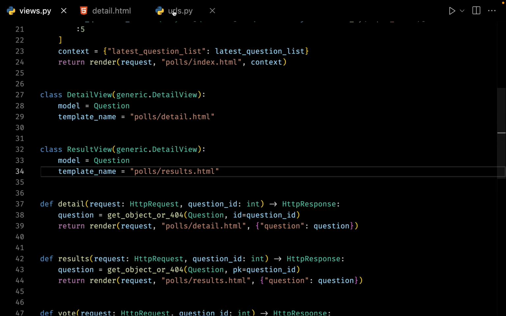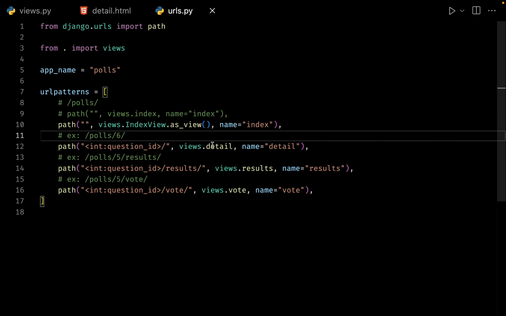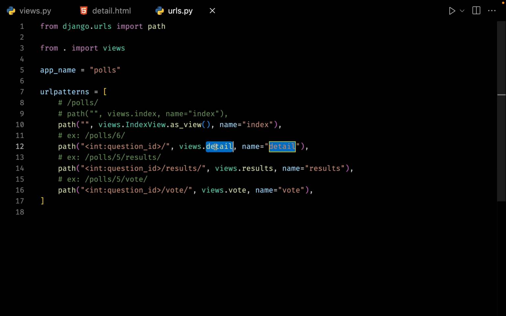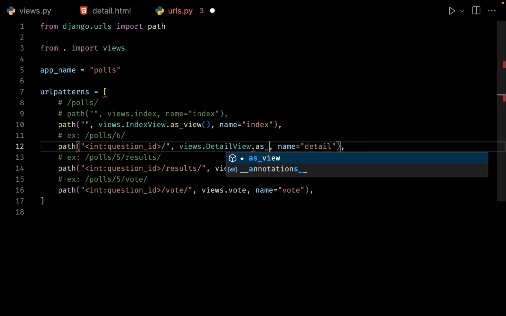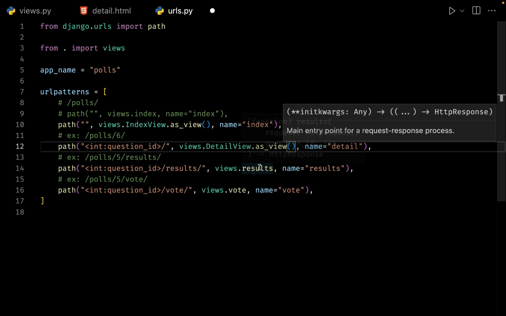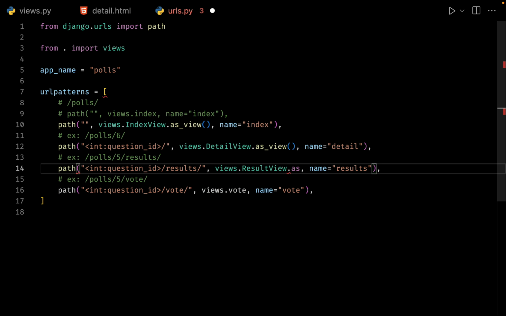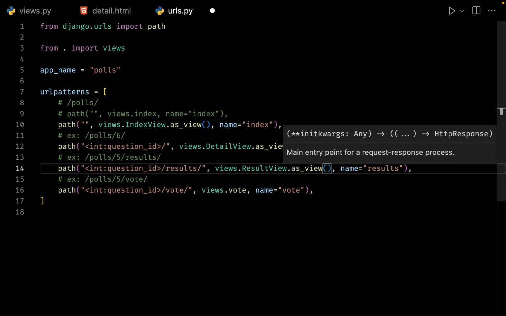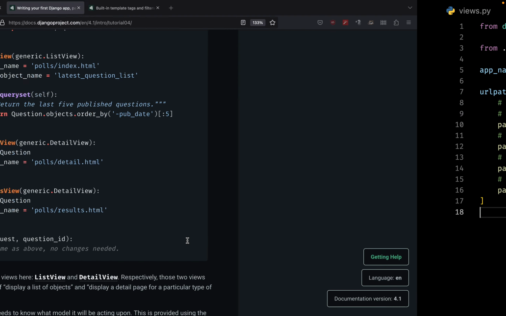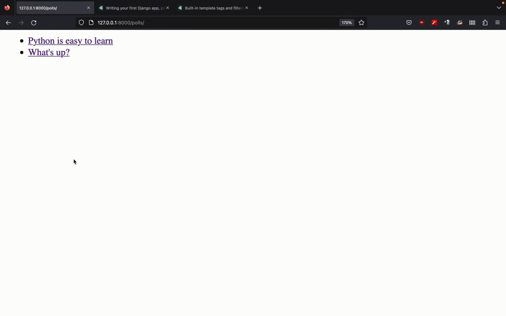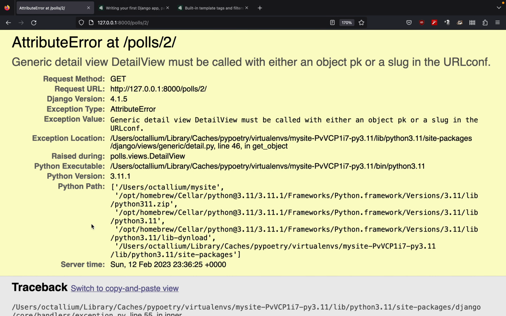Now let us go back to our URLs. So this one is for the details. Here we can say that we want to use the DetailView, but remember to call the method as_view, and the same thing for results. So this becomes our ResultView as_view. Let us save everything and let us go back and refresh the page. Let us click on this one, and it seems that we have an error, but there is no need to